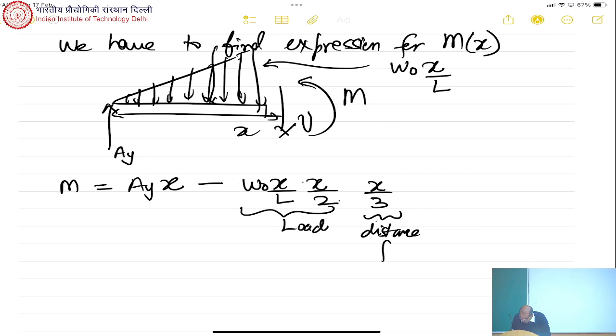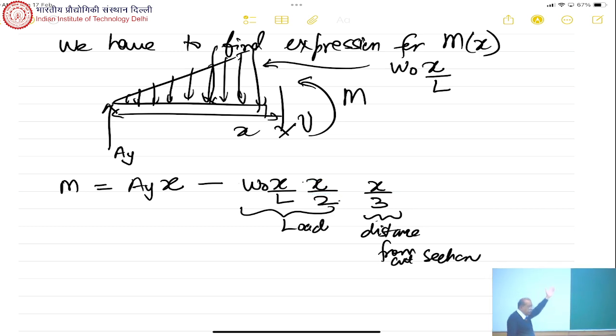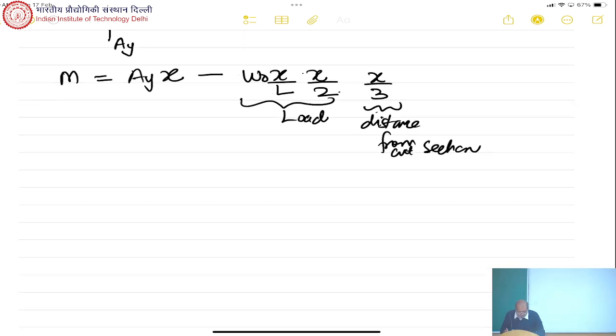Distance from the cut section. That is all what you need to know. So now all you have is this must be equal to EI d2y by dx square. So this gives you EI